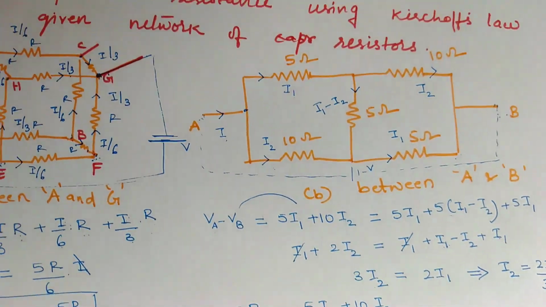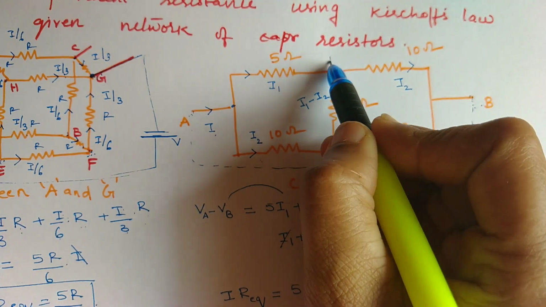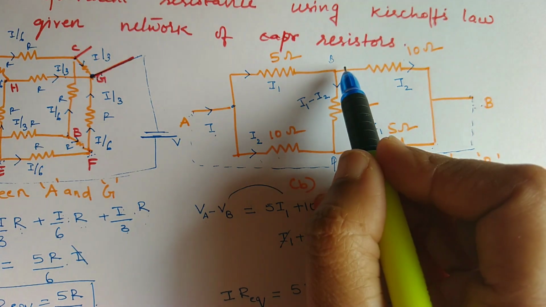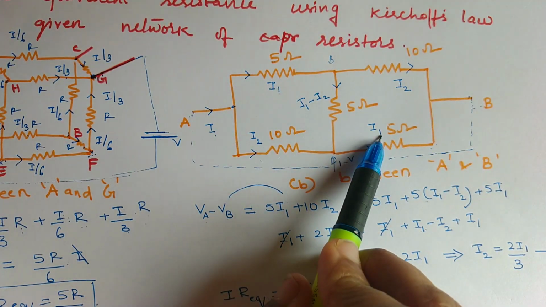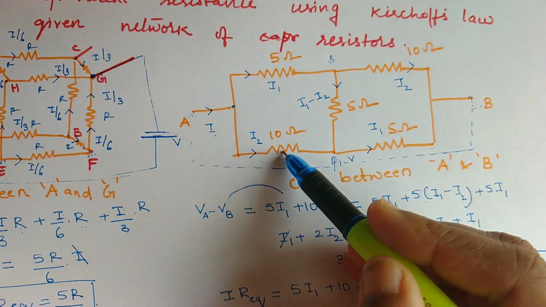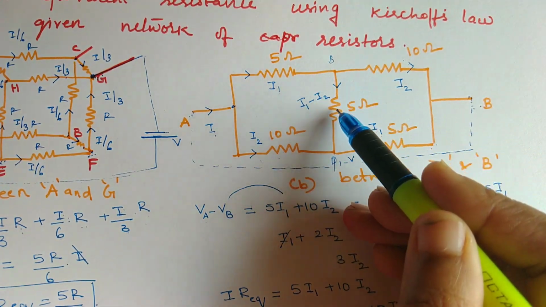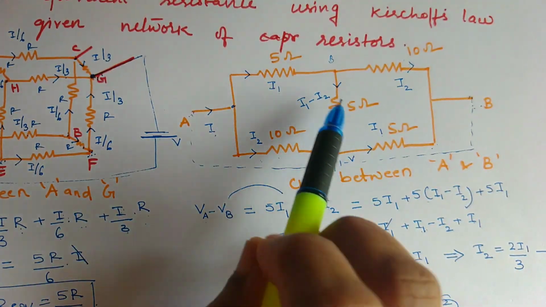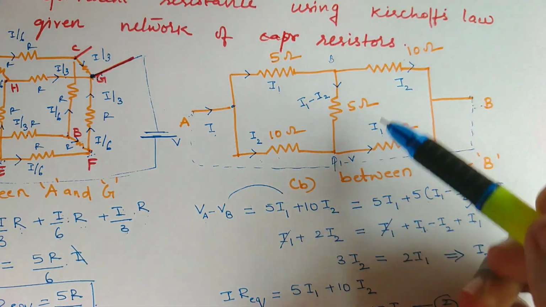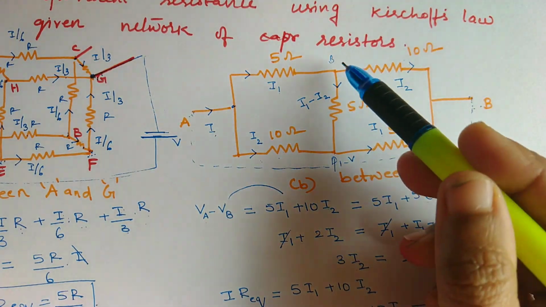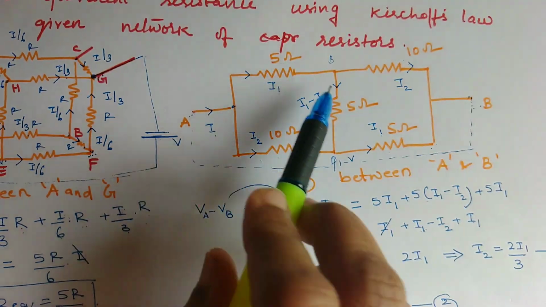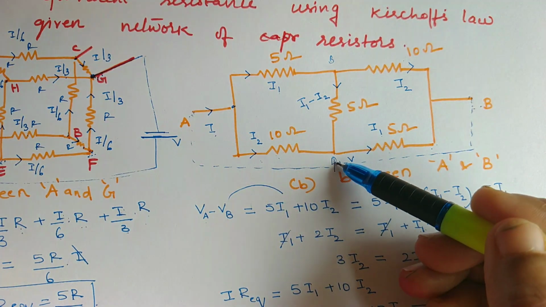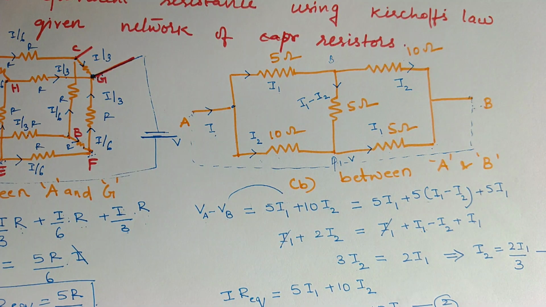And you can once check the condition I told you previously. What should be the direction of current in BD? If this product is greater than this, current would flow from D to B. Check: 5 into 5, 25, is less than 100. So current will flow from B to D. Again I repeat, I already proved this condition previously. If the product of these two resistors is more than the product of these two, current would flow from down to up, that is from D to B. But here we are getting the opposite. Product of 5 and 5, 25, is less than 10 into 10. So current will flow from B to D. So this is how you can evaluate the equivalent resistance.